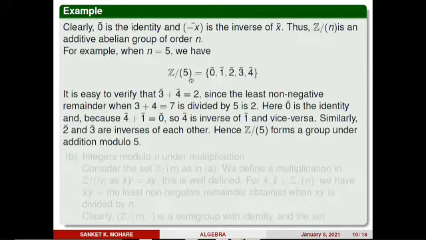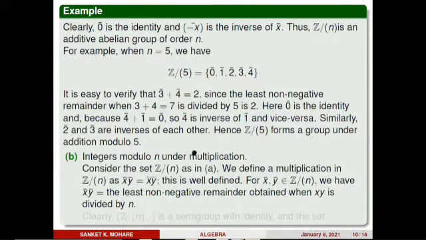So as Z5 contains an identity element, there exists an inverse for each and every element, Z5 satisfies associativity, and it is a non-empty set containing 5 elements, your set Z5 forms a group under addition modulo 5. Now come to the next example. In the first example we discussed integers modulo n under addition. Now we are going to discuss integers modulo n under multiplication.